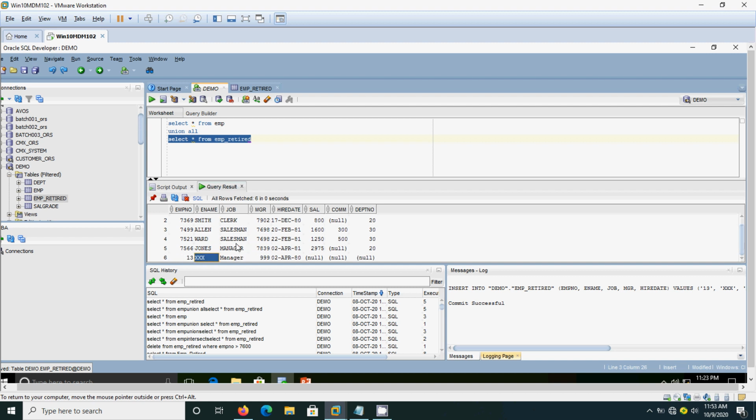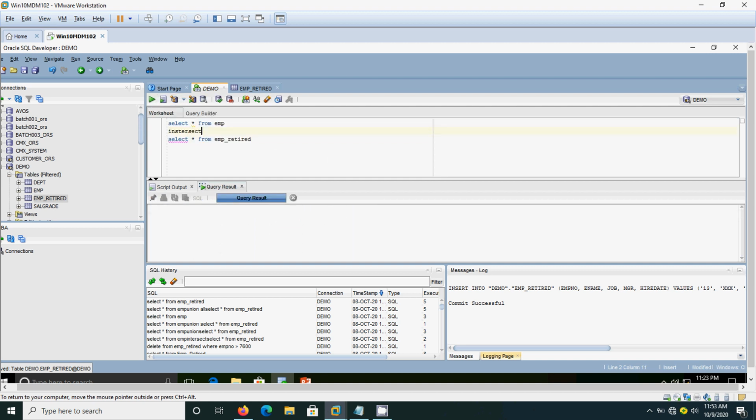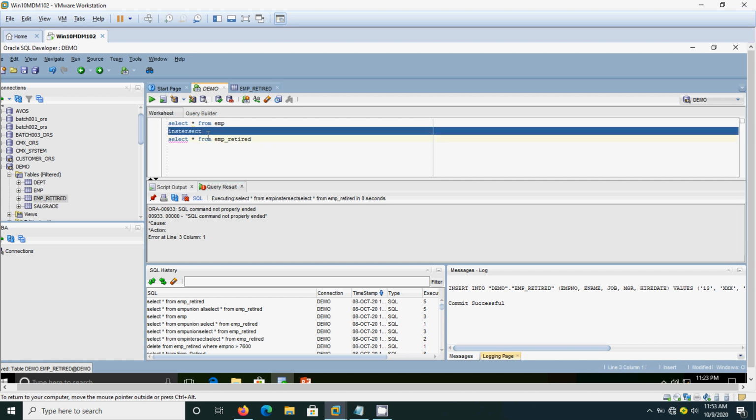This XXX won't be available in the employee table. If I put intersect, these 5 rows that are available in the employee table will be displayed. That means these are the 5 records that are available in both employee and employee retired. So if I put intersect, it shows only the common records, except that XXX record.